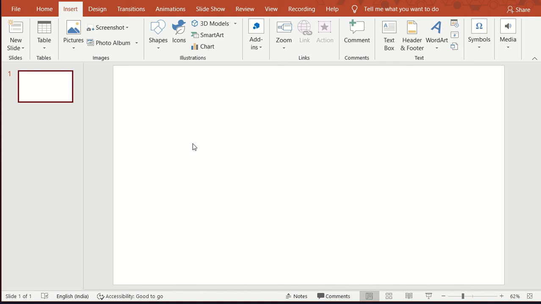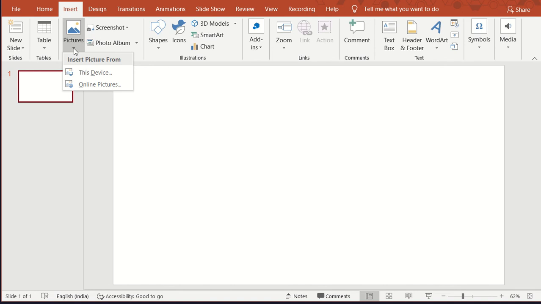In order to insert or add a picture, we go to the insert tab. You need to click on the insert tab and then click on this drop down over here. Whenever you insert a picture, PowerPoint is going to give you two options: either you can insert a picture which is saved on your own computer, or you can access a picture online. I will be training you on both today, because there is one basic difference between the two which you will understand once I take you through it.